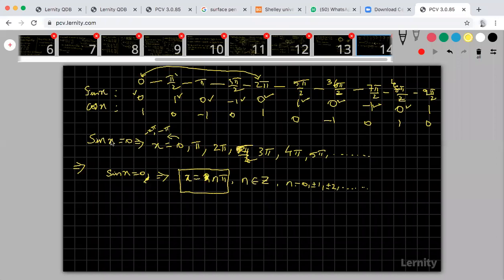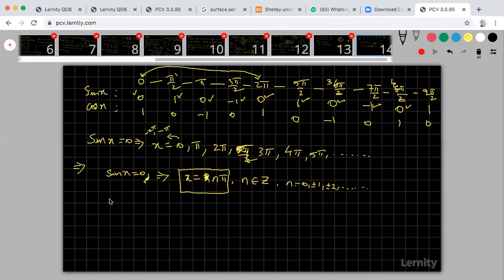Okay, so that means this entire thing, sin x is 0 means the sine of the angle is 0, so your angle may be 0 or pi or 2 pi or 3 pi or 4 pi, 5 pi or maybe minus pi or minus 2 pi, minus 3 pi. For all those angles, your sine value is 0. That is the meaning. We are writing in general: sin x is 0 means x is equal to n pi.